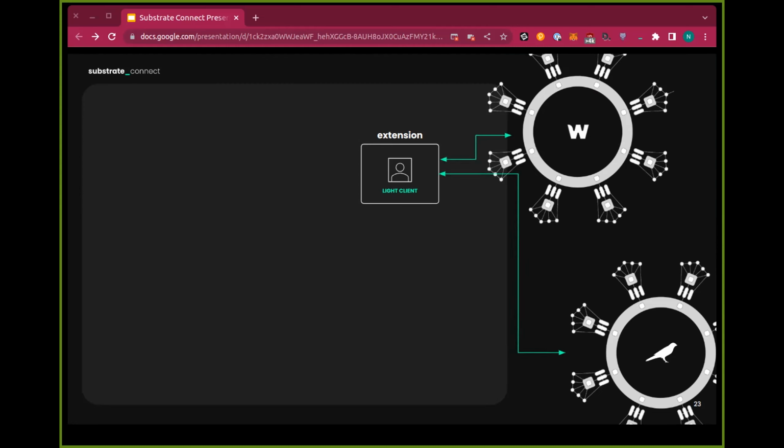So when the extension is running, as soon as your browser initiates, it starts synchronizing with the relay chains that are integrated inside of it, which are, as I said before, Kusama, Polkadot, Westend, and Rococo. Once this happens, the synchronization starts, and